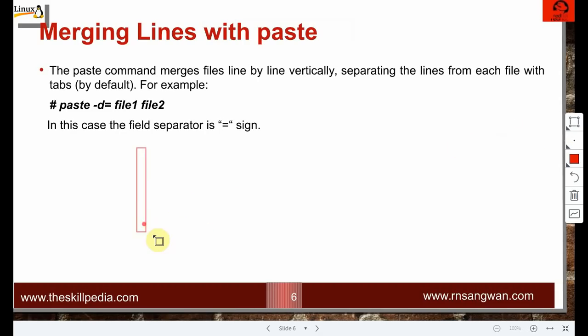This is the first file, with one or two columns; let's say these are the two columns in the file.